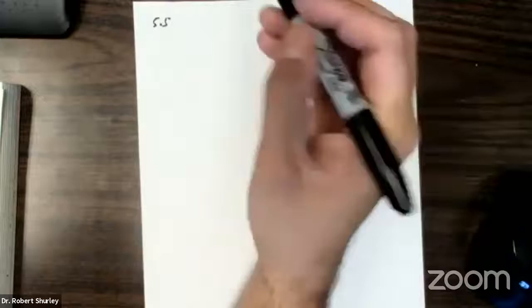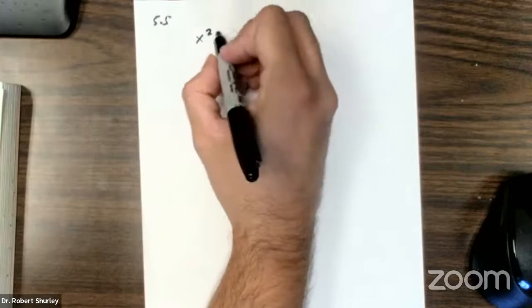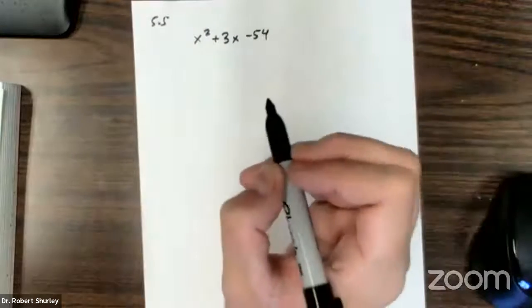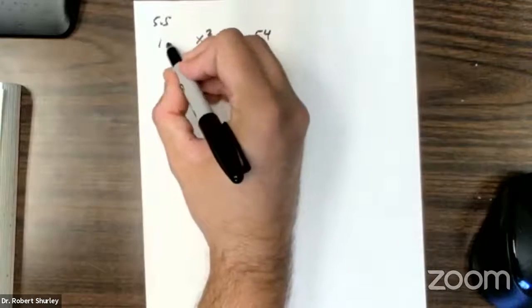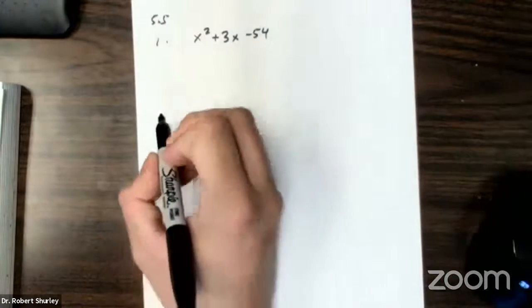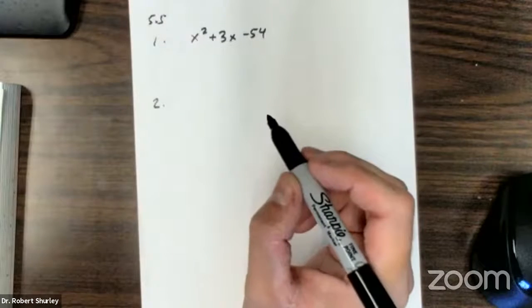So let's say, I'm going to go to the back of your homework again. Let's say we had something like number 6x squared plus 3x minus 54. We'll do that one. And I want you to try these like a quiz. So there's the first one from this section. And the second one we'll do is like number,